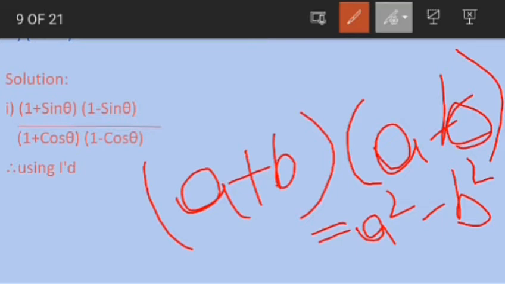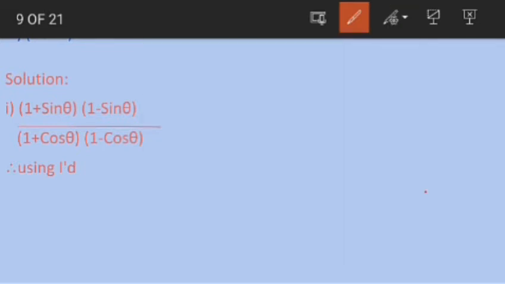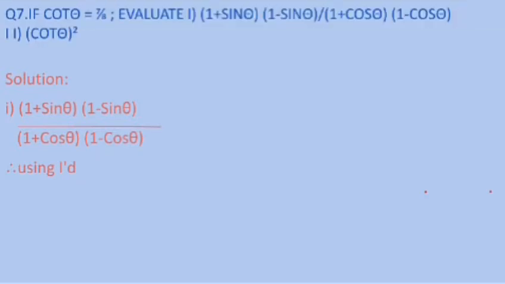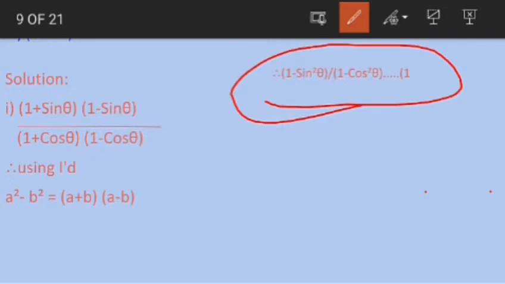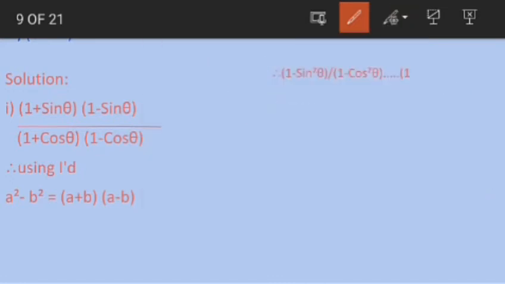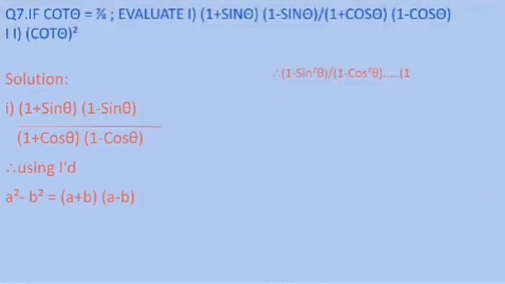So using this identity, that a square minus b square equals (a plus b)(a minus b), we are left with the equation 1 minus sine square. Here you can see that is equation number 1. Here we now have 1 minus sine square divided by 1 minus cos square. Okay class,